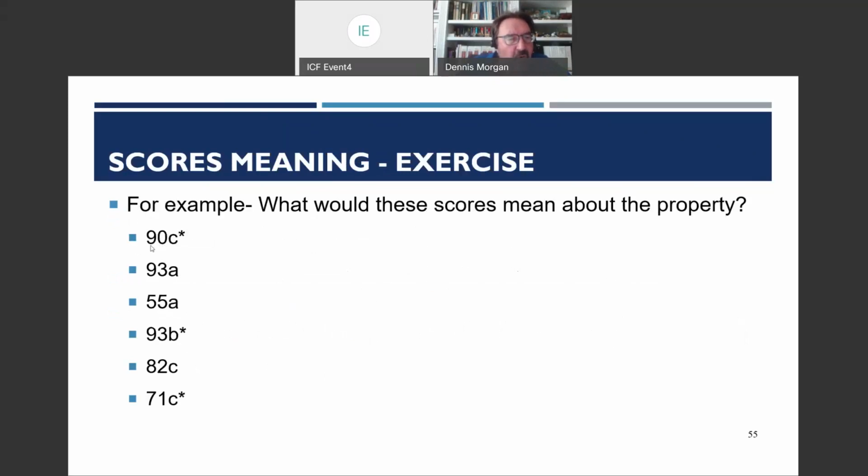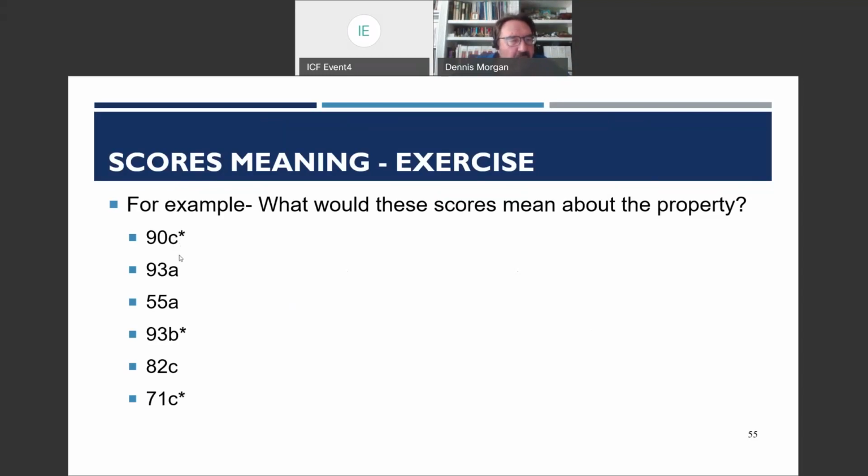Property number one that I scored a 90C star. So what is that telling me? The 90 is my score. That means on that property, if I was a large PHA, I'd be subject to a 3-year rotation. The C means I have at least one life-threatening, and the star means I have at least one smoke alarm on there. The C is also going to mean that I was issued a health and safety report on that particular property, 24-hour on that repair, 24-hour on that repair, and then uploading that information to the World of